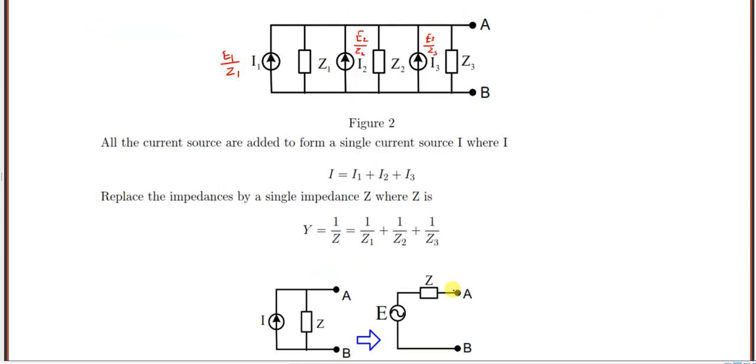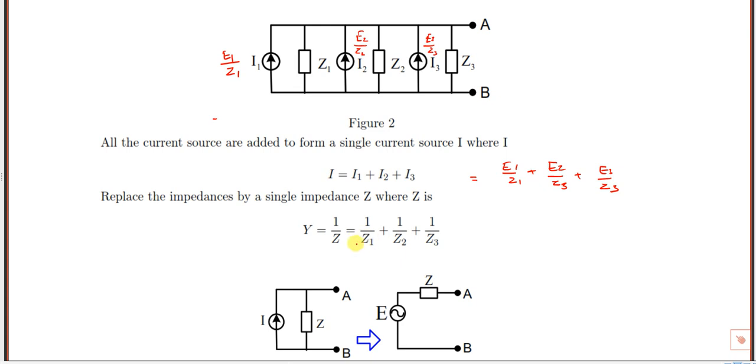In parallel, we are adding currents I1, I2, I3. If you add all these currents, you get the three currents we added now. So I1 plus I2 plus I3 is given by E1 by Z1 plus E2 by Z2 plus E3 by Z3. These are the three currents we added, and in a parallel combination, if three impedances